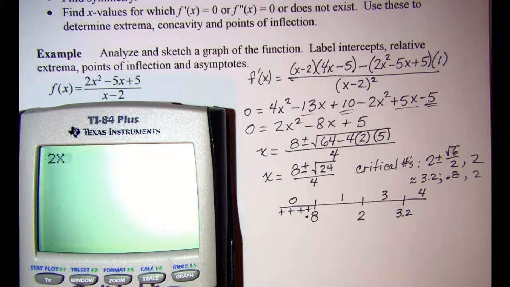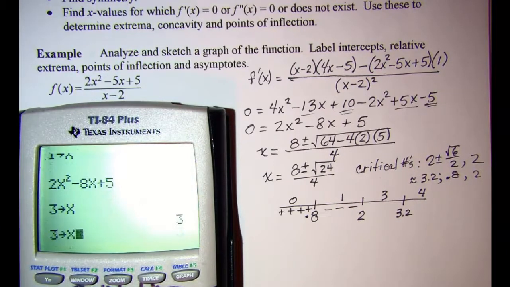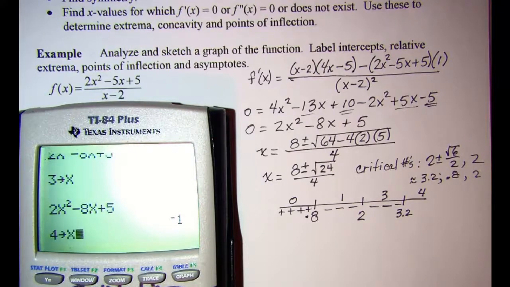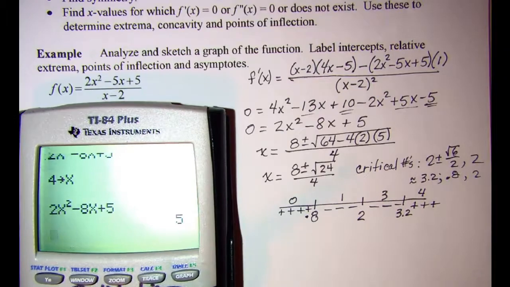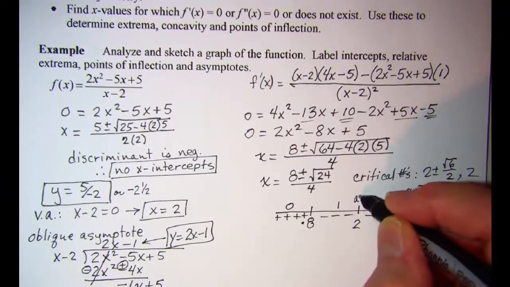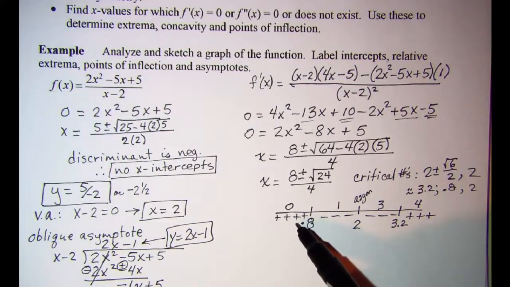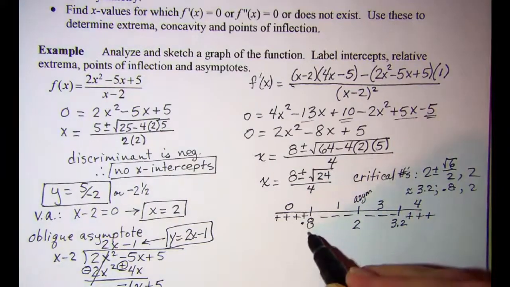Let me enter 2x squared minus 8x plus 5 and put 1 in. And we have a negative in this interval. 3 stored in for x, and we have a negative in this interval. And then 4 stored in for x, and we have a positive in this interval. Now we know that this is our asymptote. So when we change from a positive first derivative to a negative, that means that this is a max,